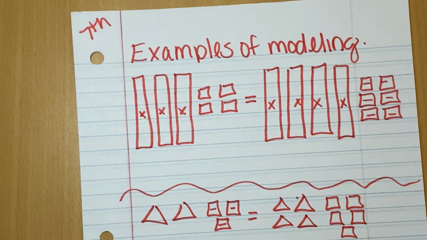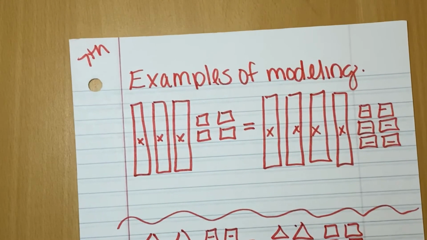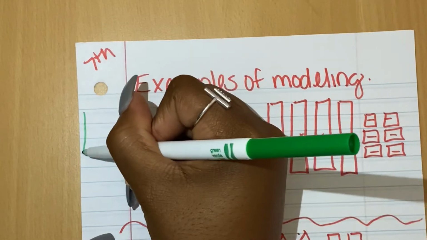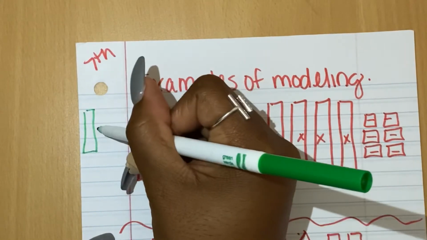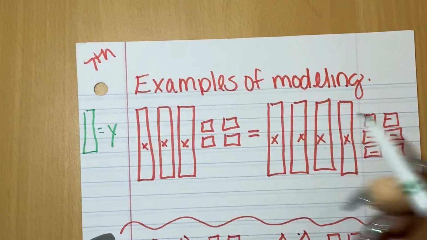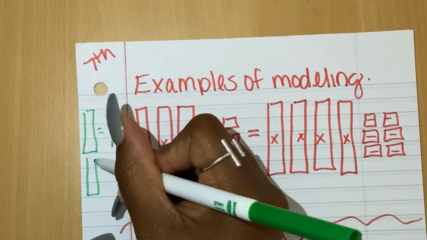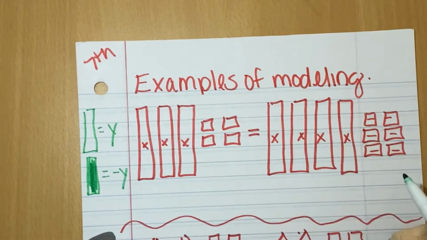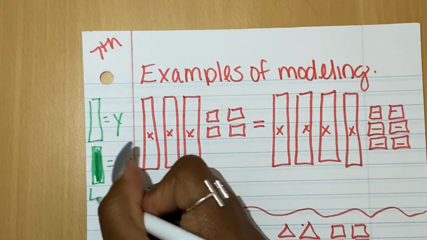A video over examples of modeling equations, okay? Examples of modeling equations. Now, when you see equations, they might give you a key. Whenever they give you a model, they can give you a key that says that long rectangle equals y, and that if that long rectangle is shaded in, it equals negative y. They can say that